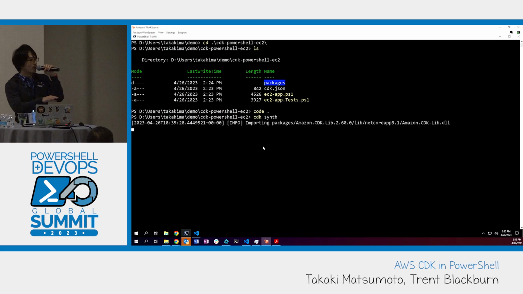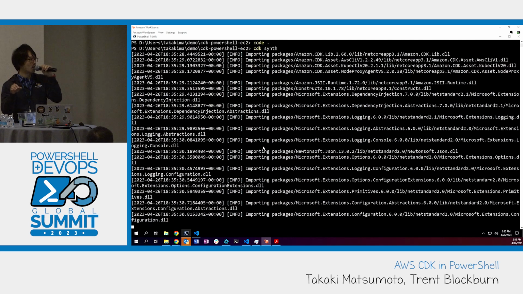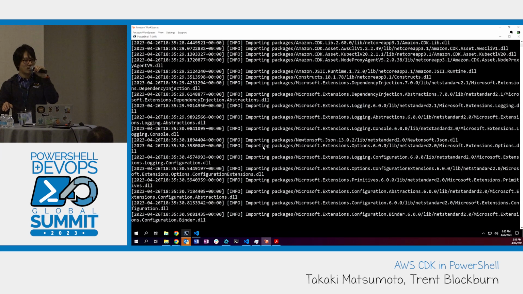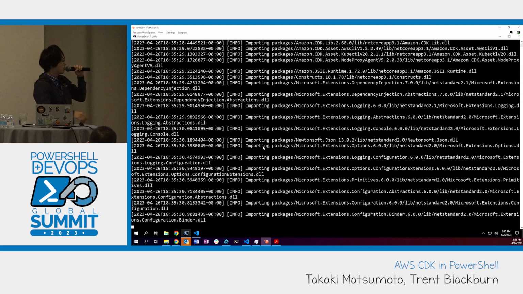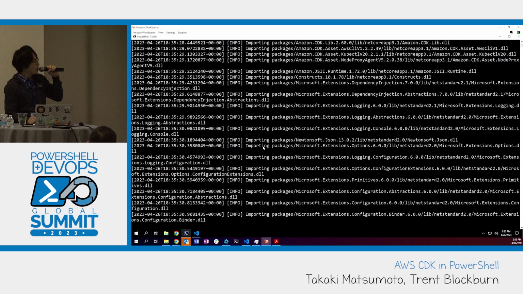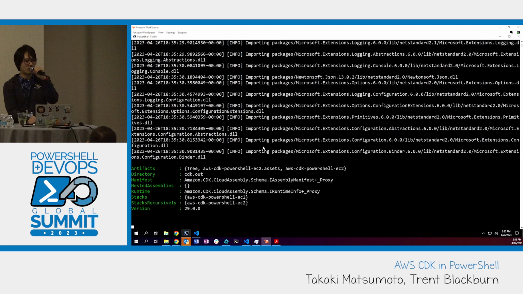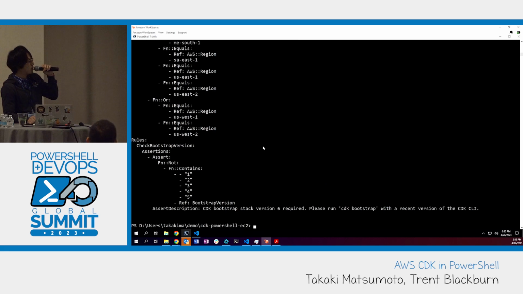So when this is being called, like I said, it looks at the cdk.json file, and as you saw, it's pointing to the EC2 app file. You just call it in PowerShell, and PowerShell calls that specific file, which then imports these packages. It's probably going to take a minute or so, importing these and calling all those functions you just saw, and then it's going to create